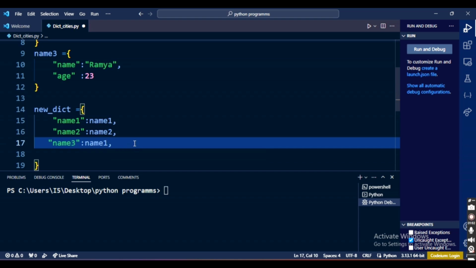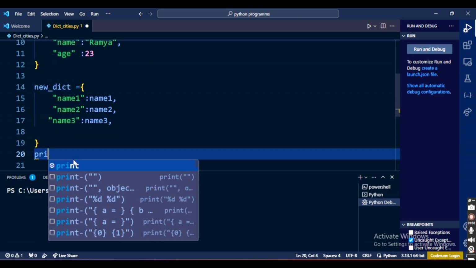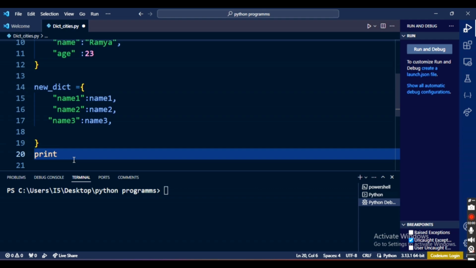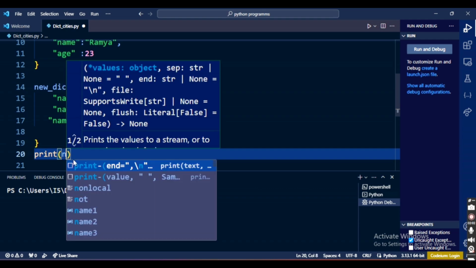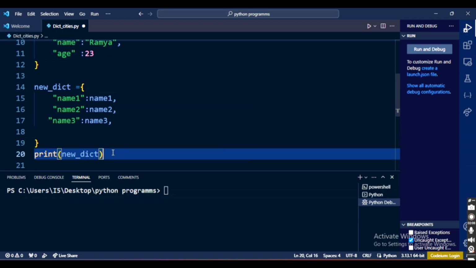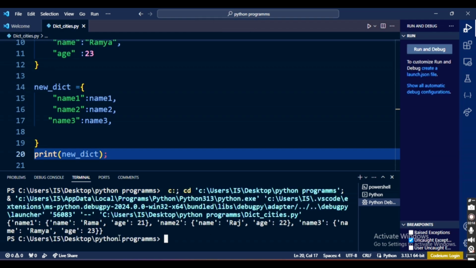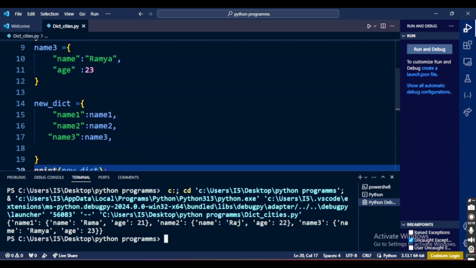Then I am trying to print this new dict. We will see print new dict. I have to pass it here, then run the code in Python. Then we will see the nested dictionary will be displayed. So it will convert and